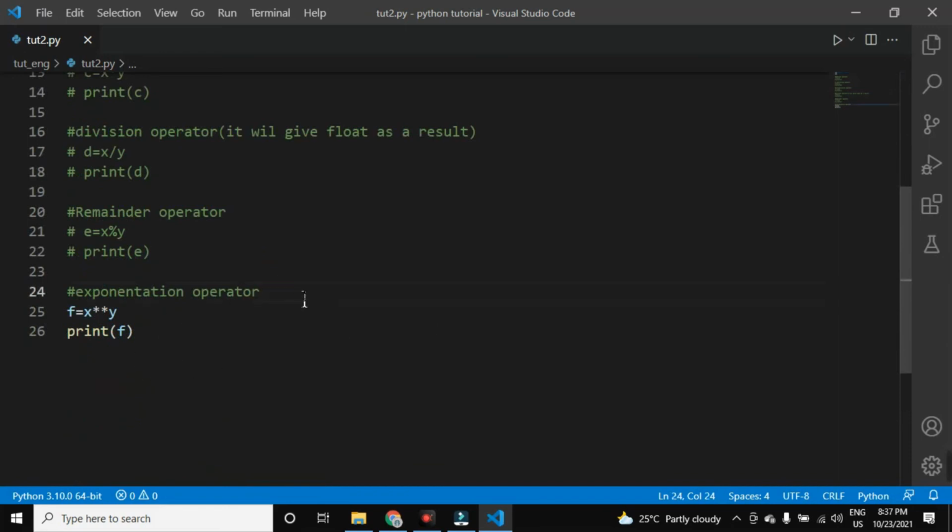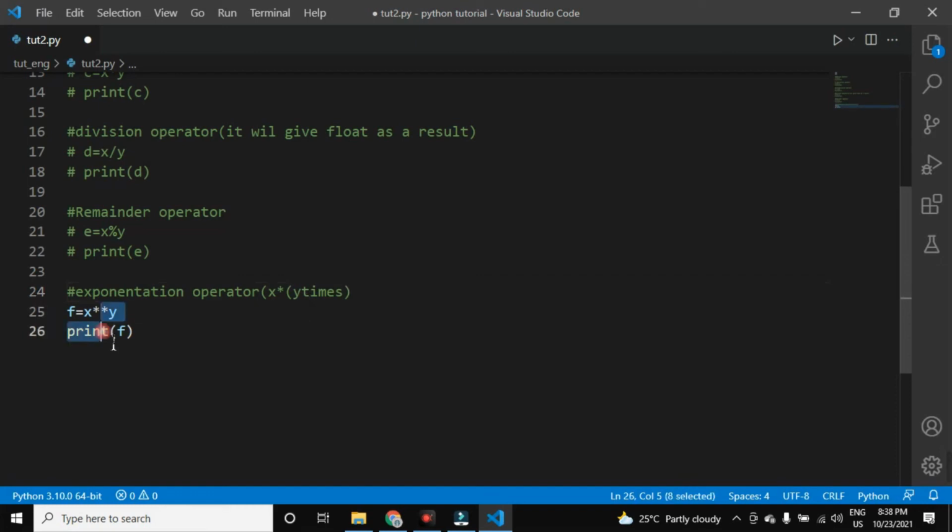So we can write it as x multiplied y times. This means the power operator. Okay.